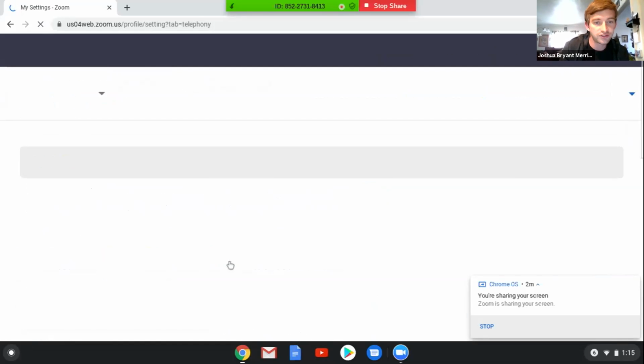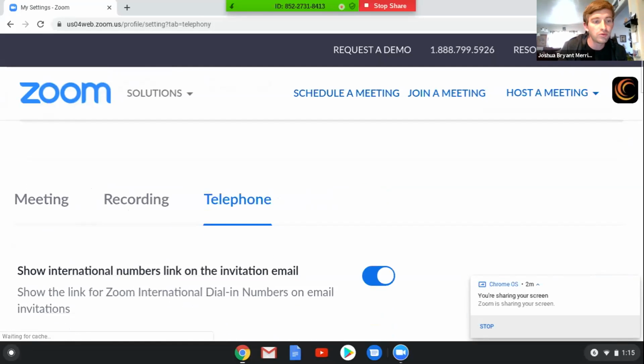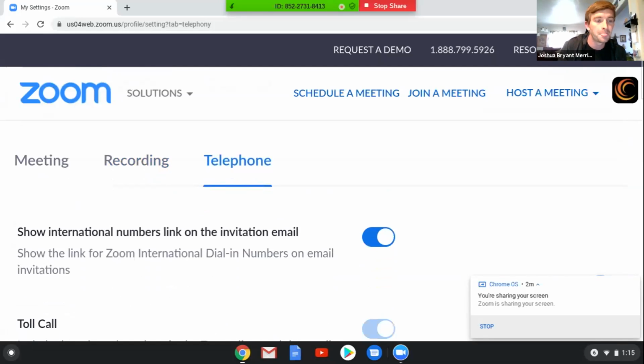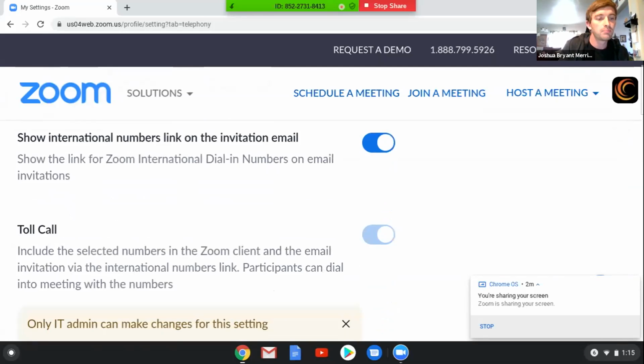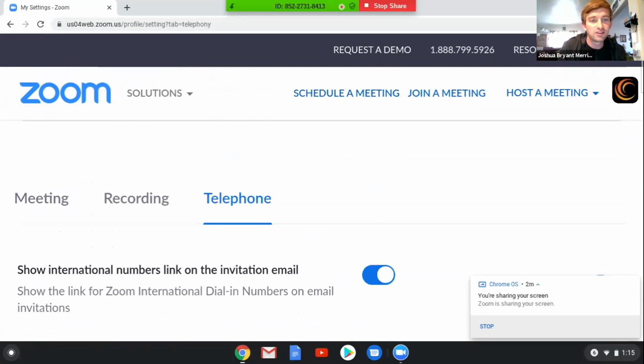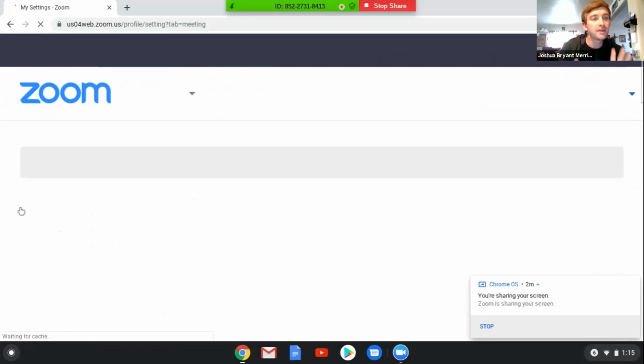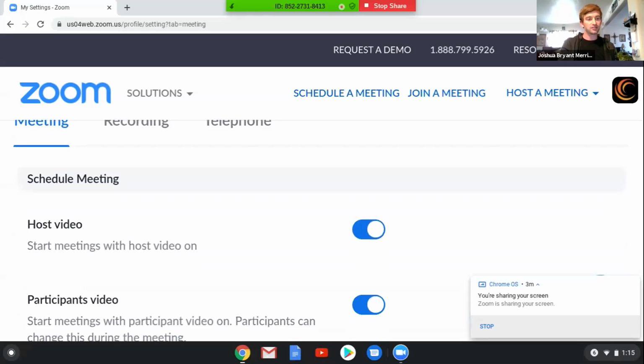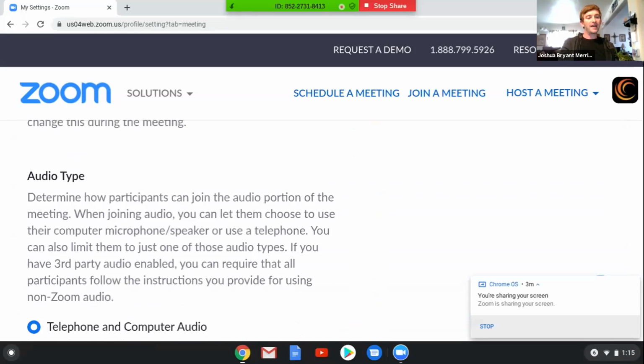Telephone is also another option that is only available for paid customers. What that means is people have the ability to call into our Zoom meetings by calling in with their landline and providing a password. I'm going to be in meeting settings though. The more common meeting settings you'll find here, especially if you're wanting to learn how to do breakout rooms and things like that, is you'll find